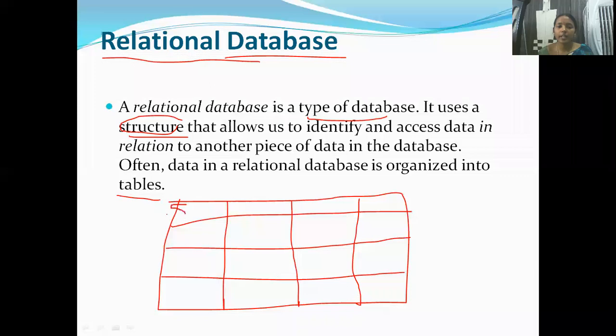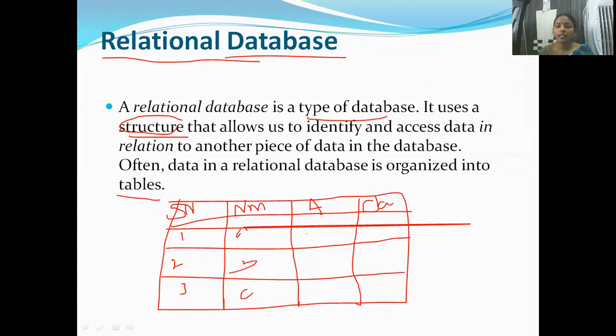In this we have a student table with student number, student name, Aadhaar number, and class. Student numbers 1, 2, 3, and student names A, B, C, some Aadhaar numbers, and some classes: MPC, BPC, HEC, MPC. Okay.